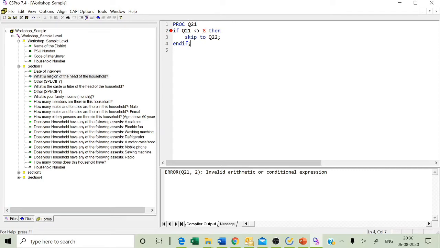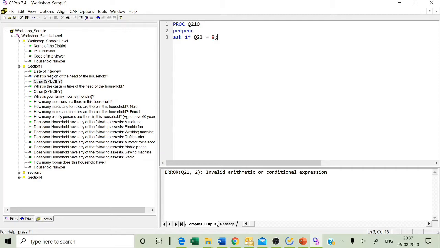Now we are going to look at the same program, which can be declared. This is executing in the post-proc application, post-proc by default. The same program we are going to declare as a pre-proc. So how are we going to do it? I am going to the other specific variable, writing pre-proc, ask if q21 equal to 8.